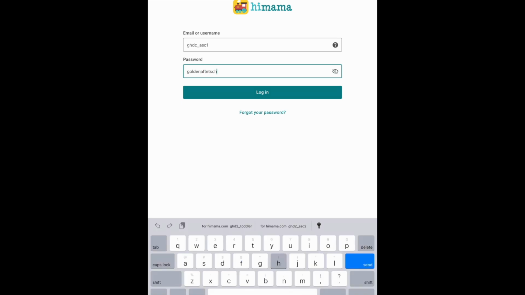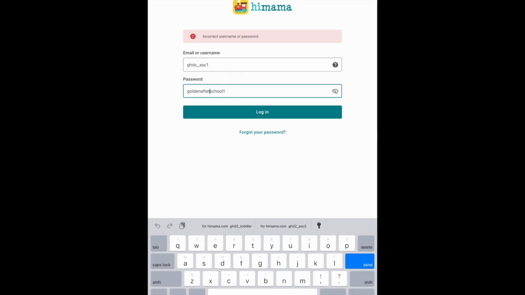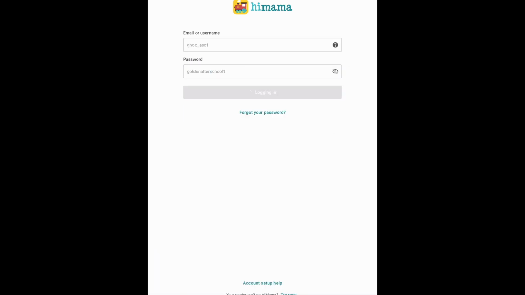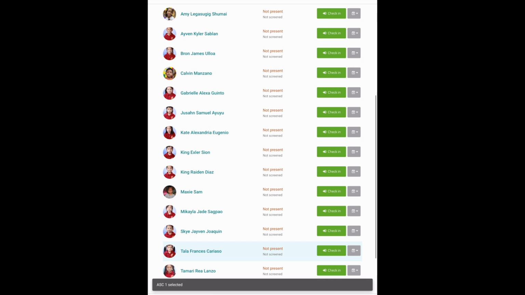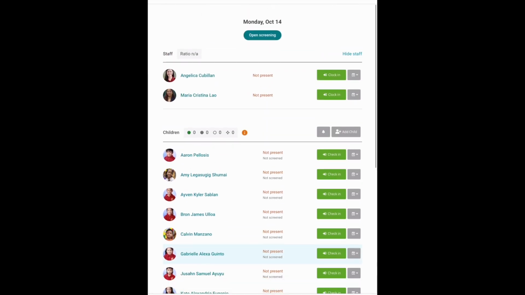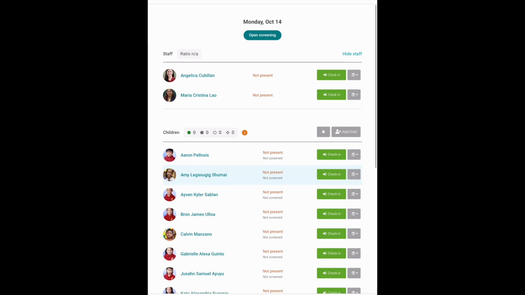Golden After School 1 login. Okay, so when you're logged in, how it works is, so you see here check in. If a parent is going to check in with you in the room and not through the front door,